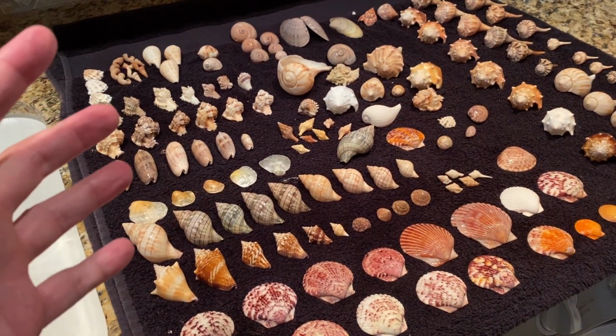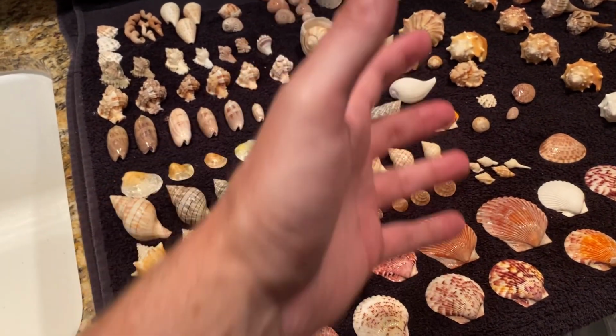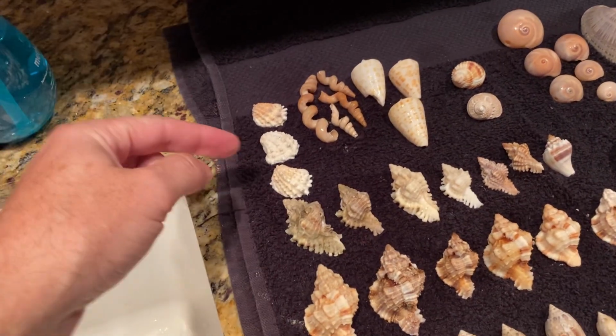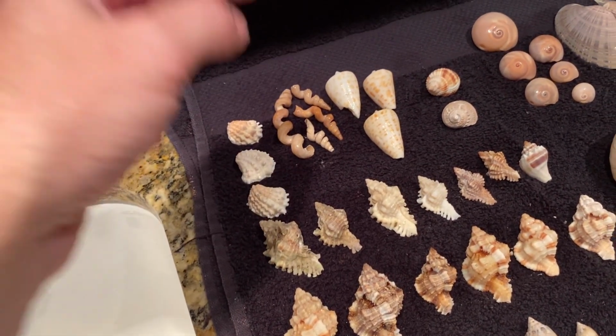I'll take the left side, babe. You take the right side, okay? And then we'll finish in the center with our favorites. How about that? Okay. All right, so up first, we got some spiny jewel boxes that we found, some tube